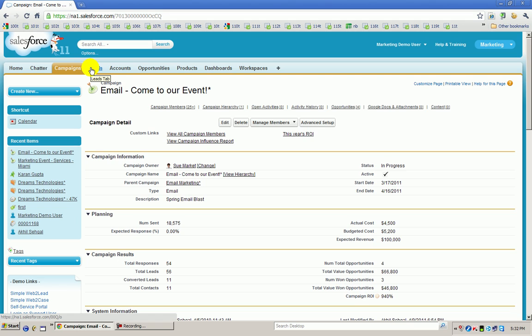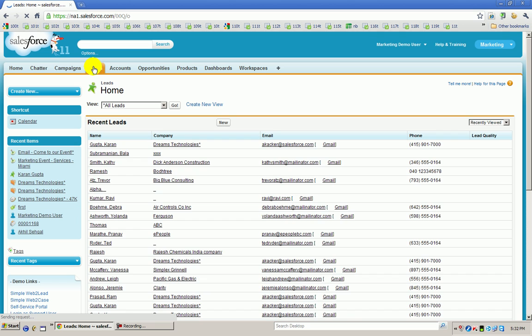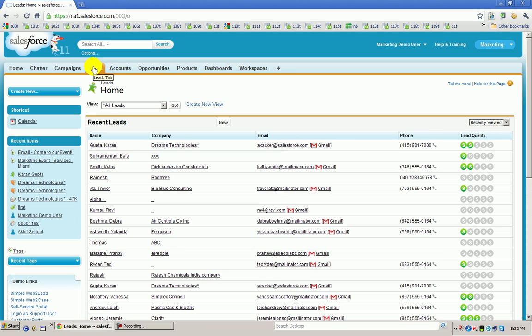Do you have a Google account, a Gmail account? A Gmail account lets you send 500 per day. But here I will show you the email part also. I'll come to the lead page. If you send email from Salesforce, the benefit you get: let's say you have sent 500 mails. Out of 500, just tell me this. Why is this all Gmail? Because it's very well integrated with Gmail and Google Apps.